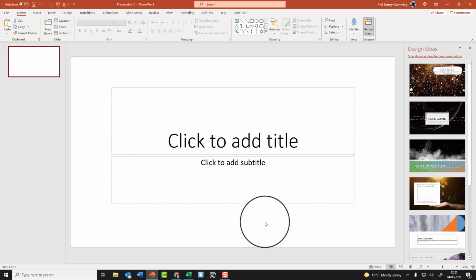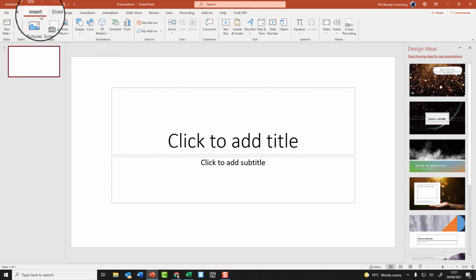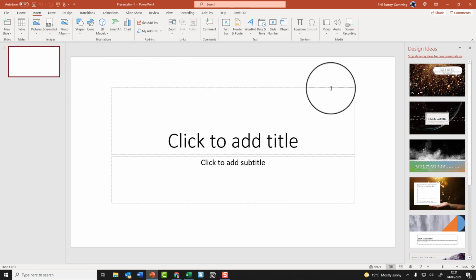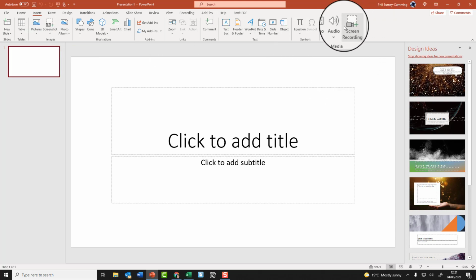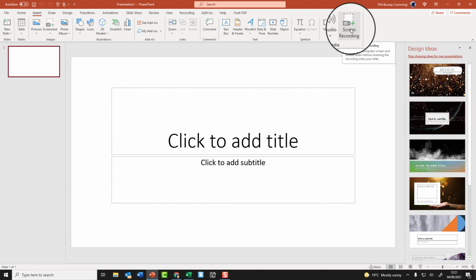You could have an existing presentation or you can start with a blank one. If you want to do a screen recording, I'm going to show you how that works. The first thing I'm going to do is go up to Insert, and you can see I've got several options here, but it's the right hand one that I want, Screen Recording. So I'm just going to click on Screen Recording,